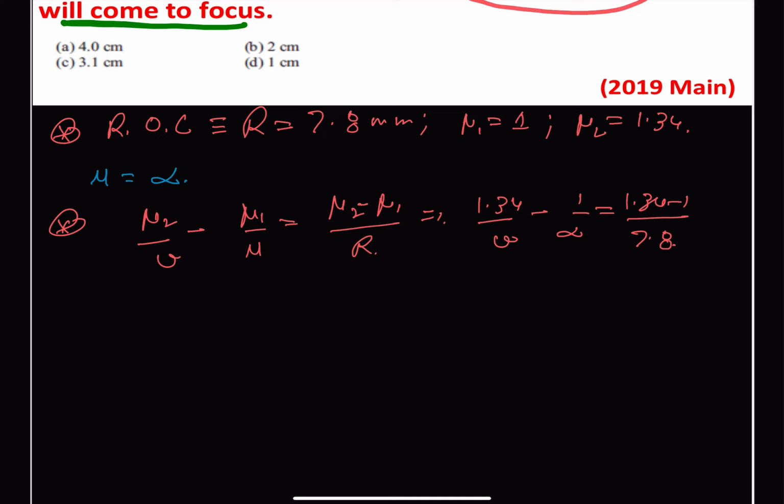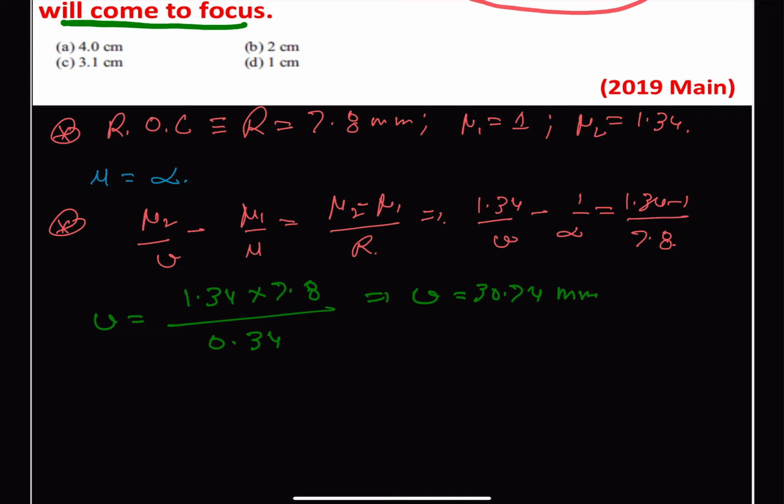And we get that v will be equal to 1.34 multiplied by 7.8 and divided by 0.34. This gives us that the position of the image v will be equal to 30.74 millimeters,